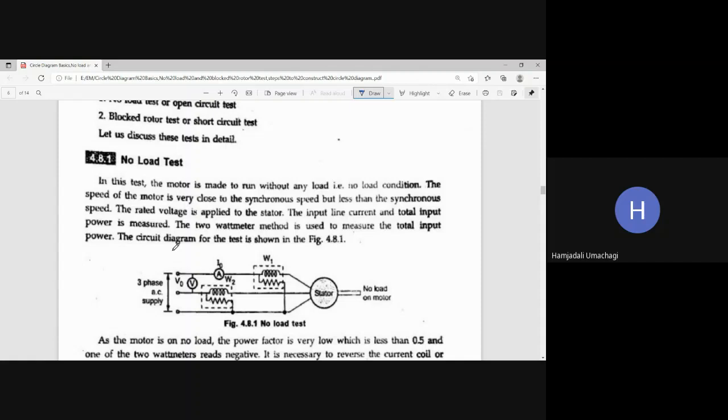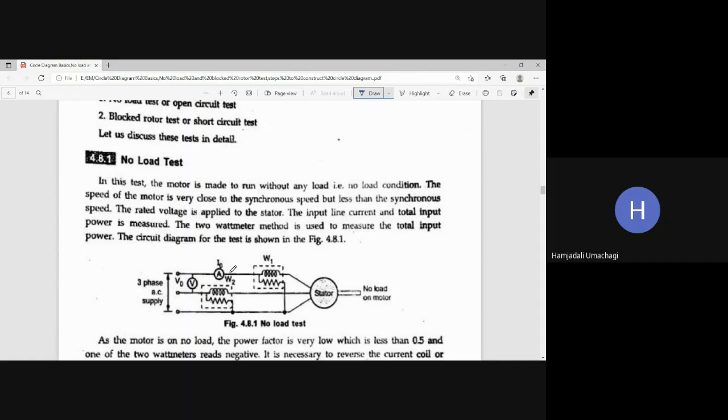Now the circuit diagram for the test is shown in figure 4.8.1. So this is the figure 4.8.1 representing no load test, where the stator is excited with three-phase power supply of 440 volts, and it is free from the load. It is no load condition, and it will have ammeter, voltmeter and wattmeter to measure the different parameters like